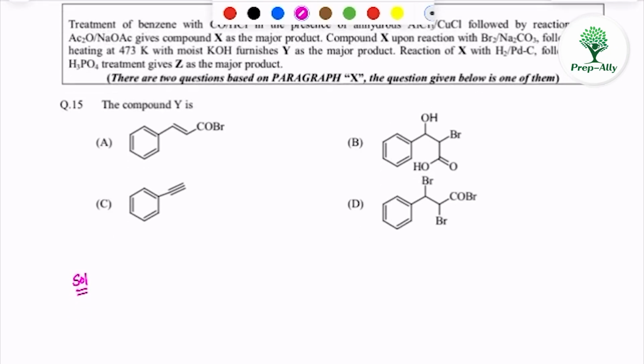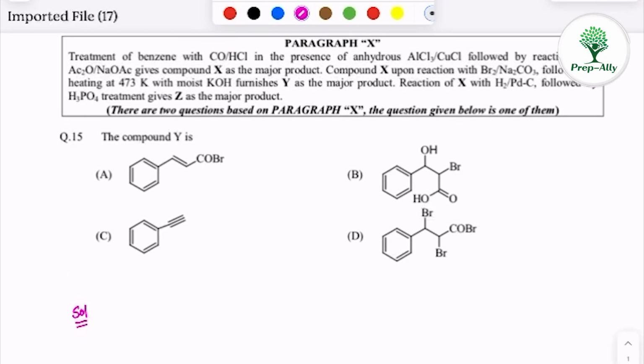Hello students, this is the question asked in JEE Advanced 2018. Let's solve this question. Treatment of benzene with carbon monoxide and HCl in presence of anhydrous AlCl3 copper chloride followed